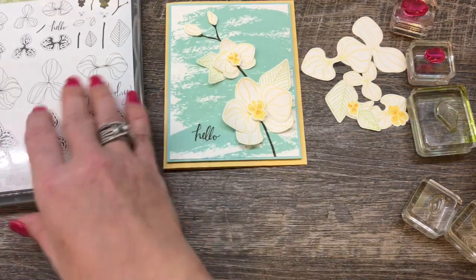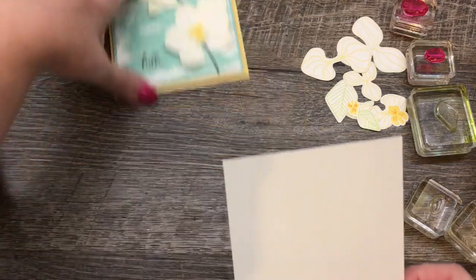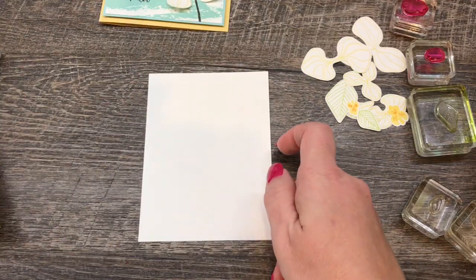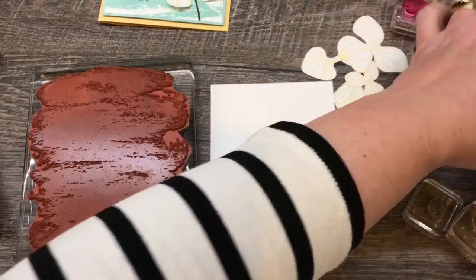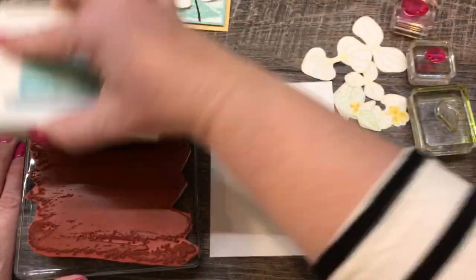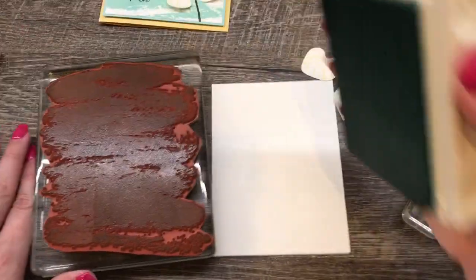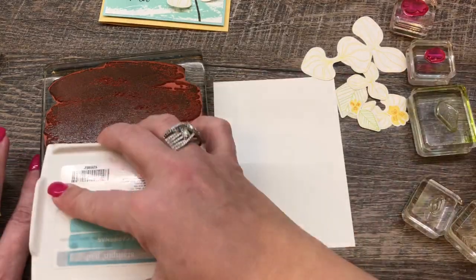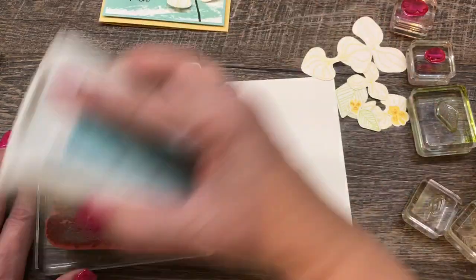This watercolor wash is actually on the retiring list, which kind of bums me out because I really like this stamp. And I think it is a great background to use with all sorts of good things. So I'm going to use my Pool Party background for this. I'm just going to ink this up with my Pool Party ink, and I'm trying not to get big lines from my ink pad in here, which is pretty easy to do,